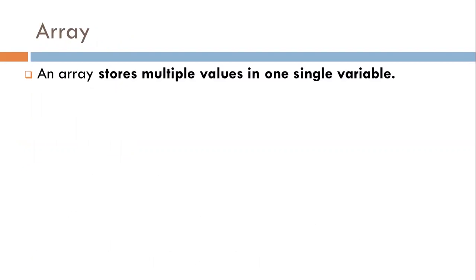Now first of all, what is array? Array stores multiple values in one single variable. A variable only stores a single data, meaning at a time it stores only one element, but if we have more than one value, then it is preferable to take an array. Suppose I want to store 5 elements, then we cannot take 5 different variables, but instead of this we create an array using a single variable and store multiple values.